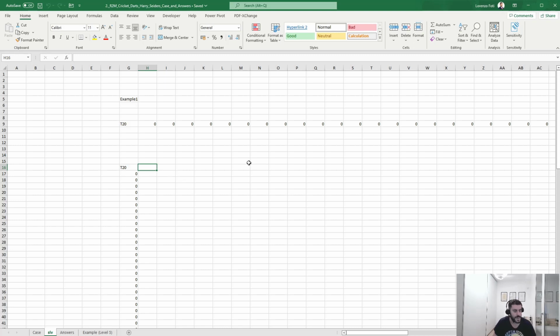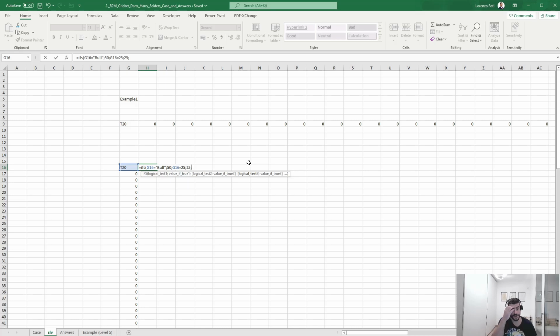We need to calculate the points for this kind of shot. Let's build these IFs. This equals bull, that's 50. Otherwise, this equals 25, it will be 25. Otherwise, it will be